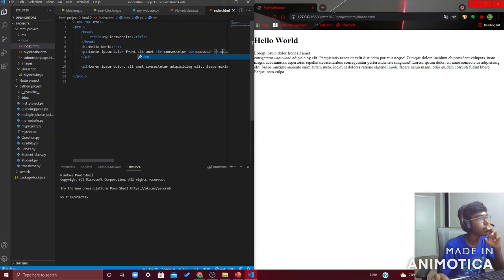And after you do EM, your text will be italicized. But there's another option. You can also do this, which also italicizes it. There are two options,